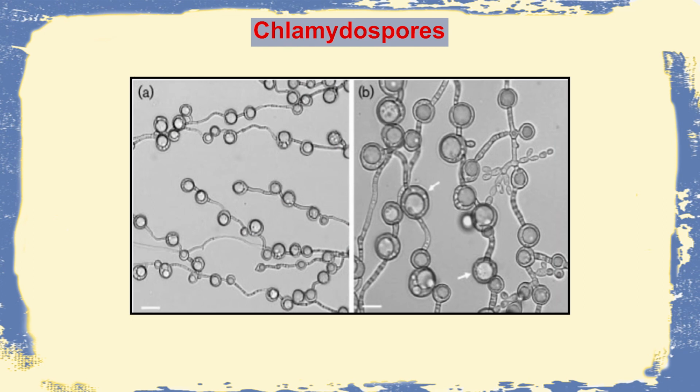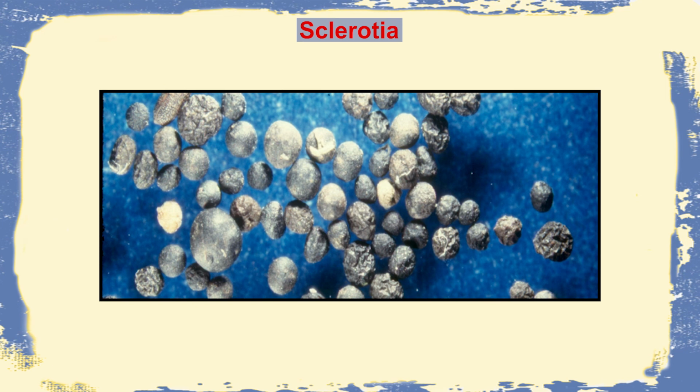This is a unique type of spore which is thick-walled and intercalary in position, and it is called chlamydospore. It means when the situation is unfavorable, they will survive as a resting spore, and then with the advent of favorable conditions, they germinate to produce mycelia. Sclerotia is also a type of structure which is formed during unfavorable conditions, and it is a thickened structure which will help the organism to survive during unfavorable conditions, seen in Sclerotinia.